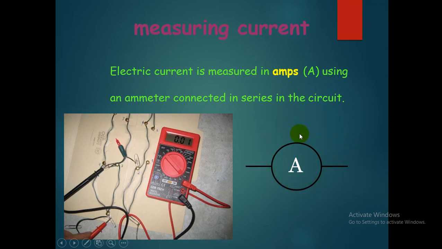current in ampere. And there we are using one multimeter. In the multimeter we keep the variable knob at the current, ampere position, and connect the terminals the same way to measure the current. It's very easy. Nowadays we do this as an experiment to find the current in the circuits.